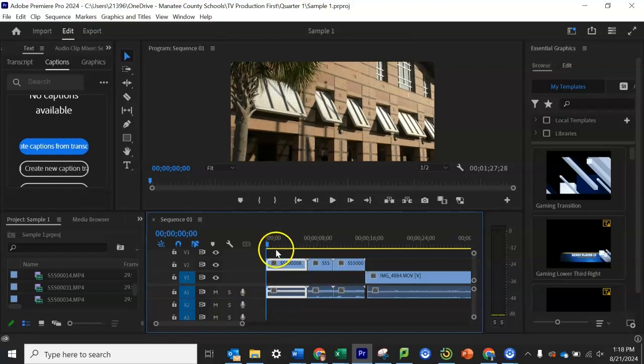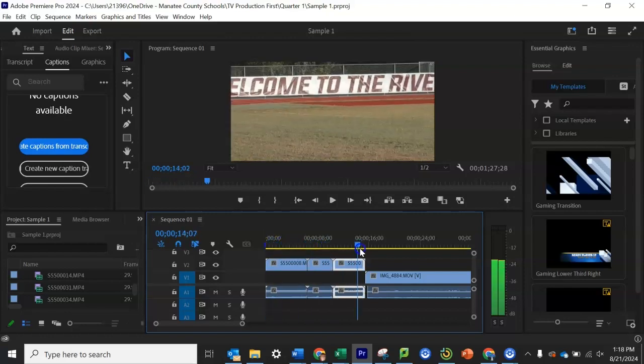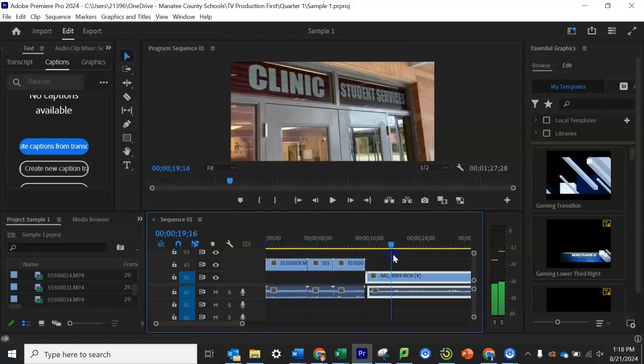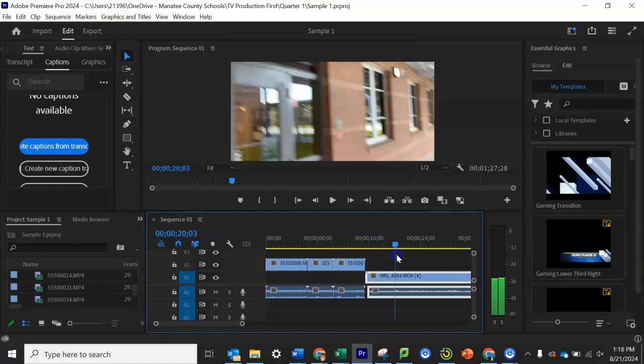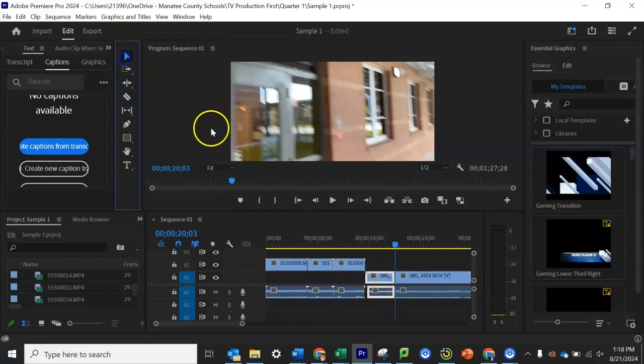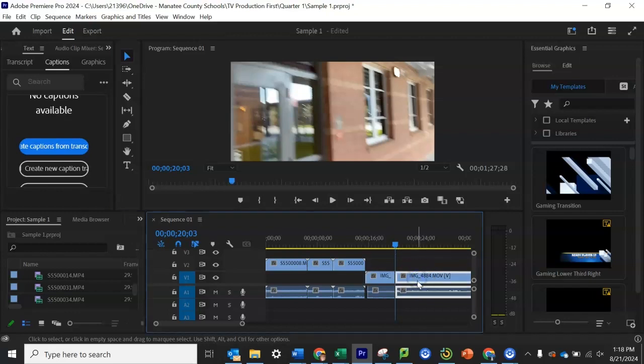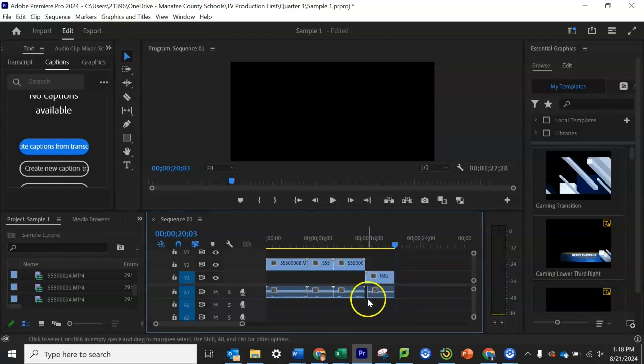So you can take and I'm going to leave that part in. I'm going to go up to my razor tool and I'm going to click it, and I'm going to go to my selection tool. Don't want that part. Now here, remember I told you there were some ways to